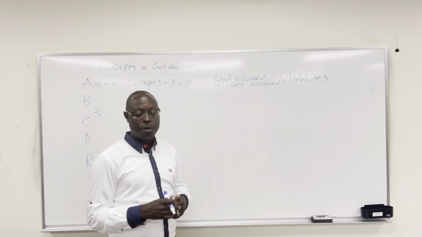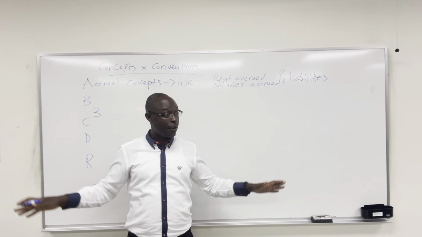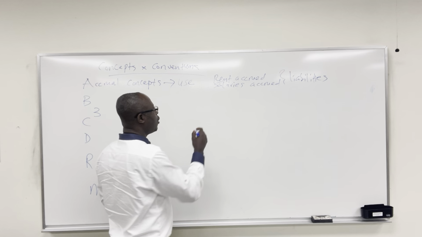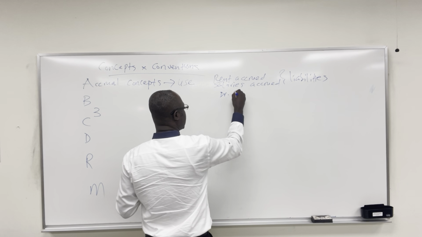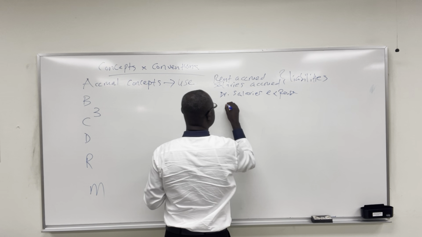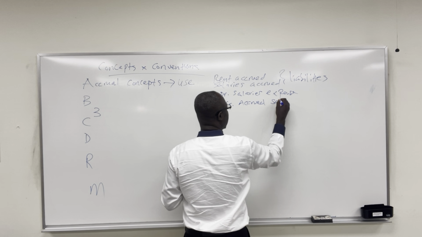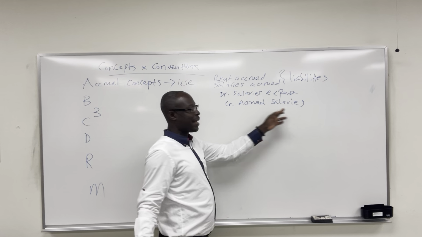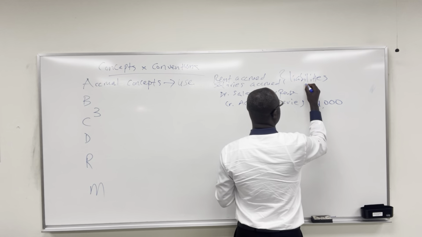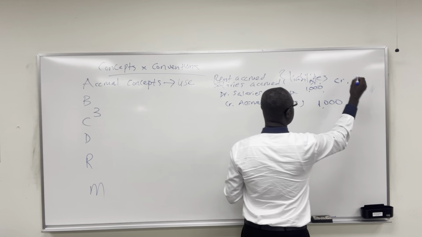Does that make sense? When we record an accrual, so for example, let's say I have worked, I'm going to be paid this Friday, okay? But I have worked for 2 weeks before I get paid. So the college is supposed to increase or debit salaries expense and credit accrued salaries. This is a liability that they owe me. So let's say they are going to pay me $1,000, for example. So they will debit and then they will credit 1,000. So the first one is always the debit and the second one is always the credit.